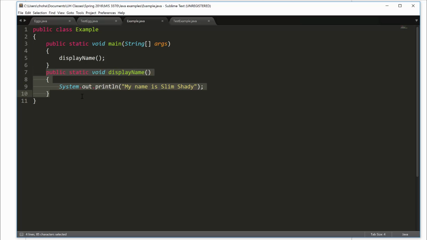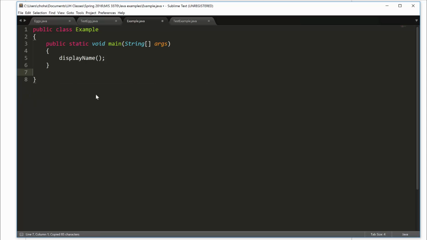move this method called display name, let's move that to a different class. So I'll just get rid of it here from this class. I'll just leave the main method here in this class, and I'll create another class here. And this class has the exact same method that we used in the previous class. So the display name method here now exists in a completely new class called test example, and it doesn't exist